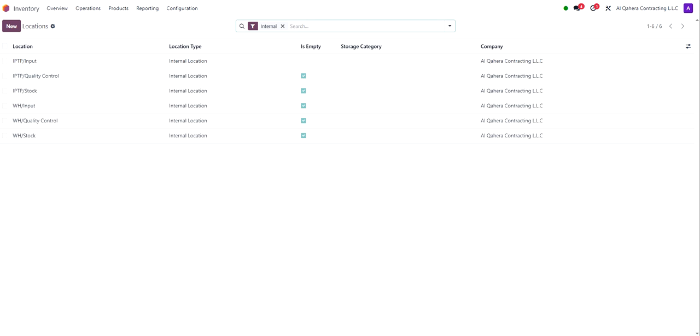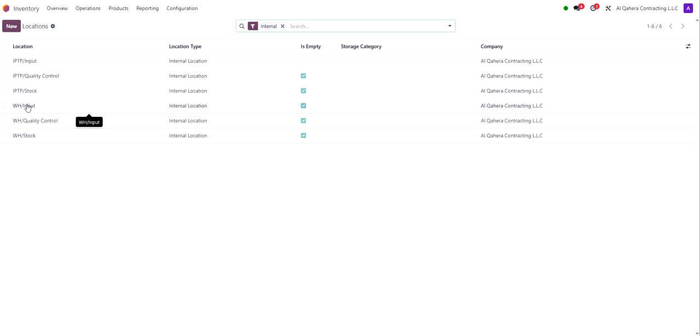The WH stock refers to where the whole stock is being placed. WH quality control refers to where the quality control is happening. Input means, for example, our warehouse main gate is our input gate,